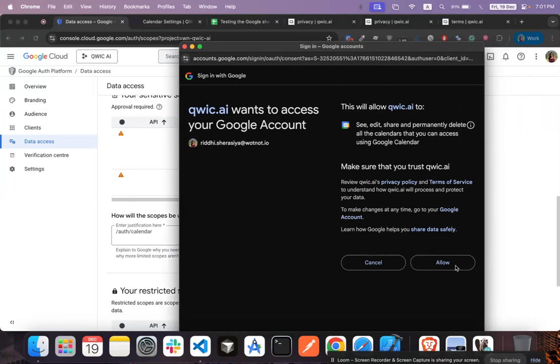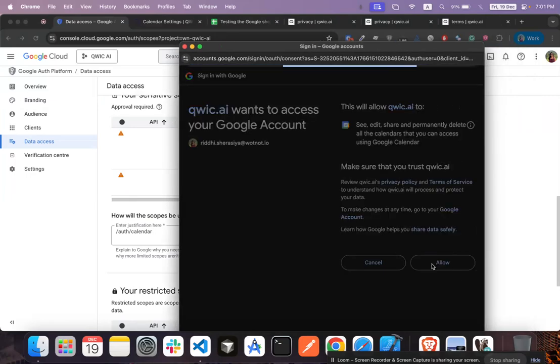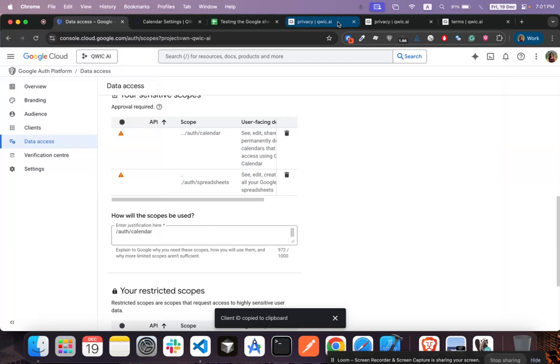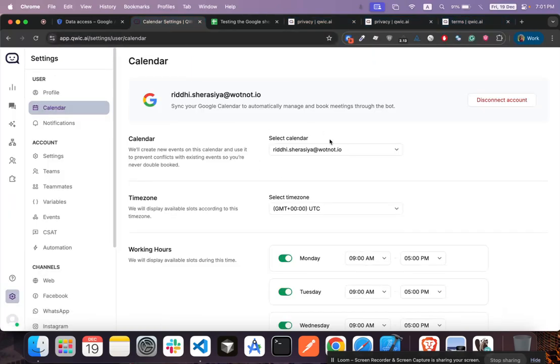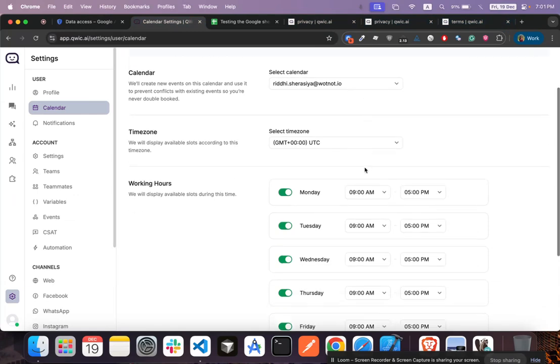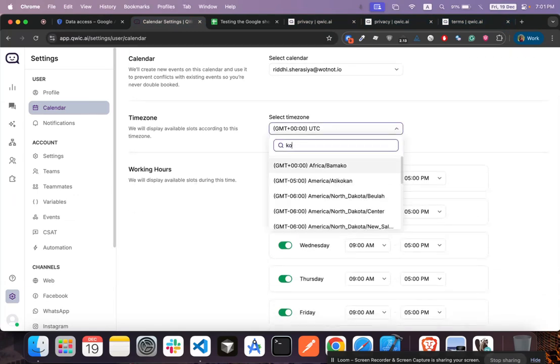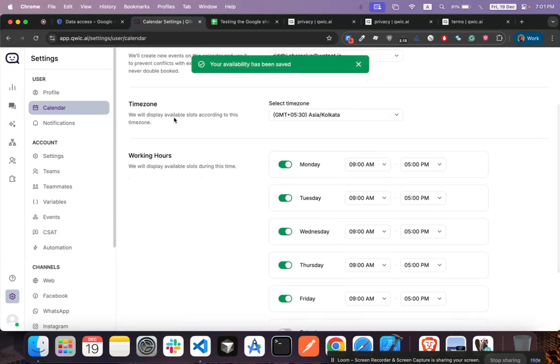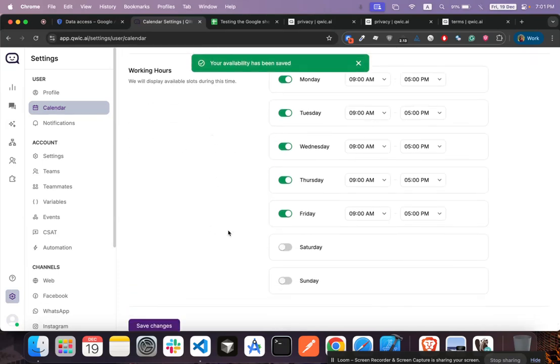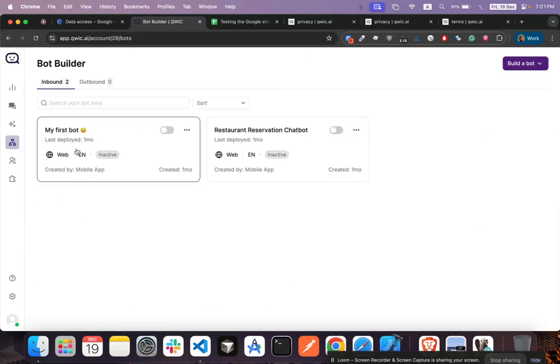And once the user clicks on allow, the account will be connected here. You can see this account is connected. This is the time zone and working hours. You can configure this as you want. Now we can again go to the block builder